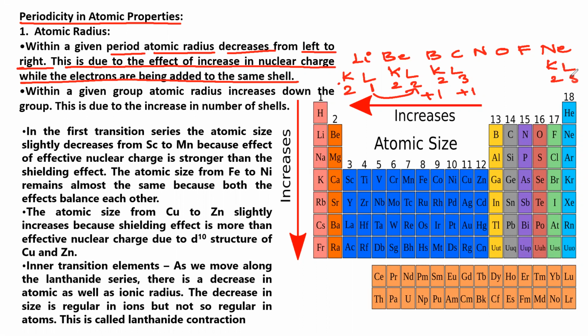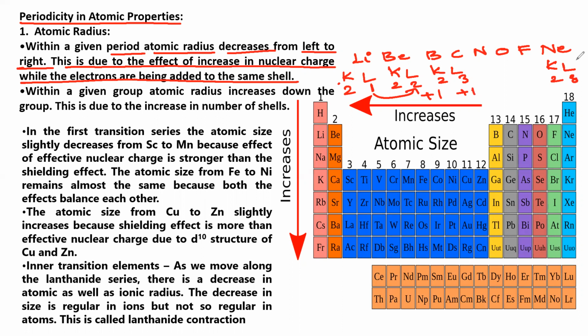So as the electron is adding to the same shell, it means the size is not increasing. The only thing is electrons are adding to the same shell, so what happens? More protons will be there in the nucleus, because in the first case we have 3 protons, in the second case we have 4, and within the same orbit, very important, within the same shell. Same shell is very important. And in the third case we have 5 protons, and the fourth case, that is carbon, 6 protons, like that.